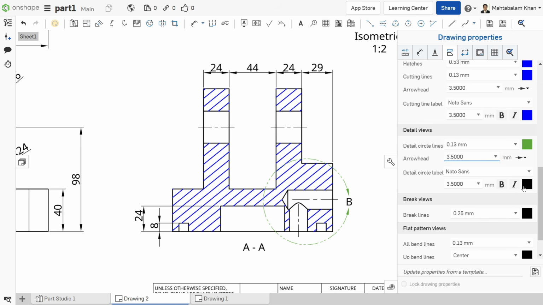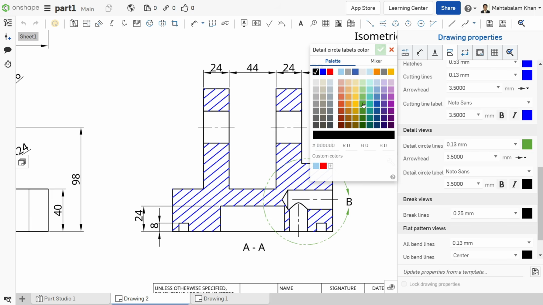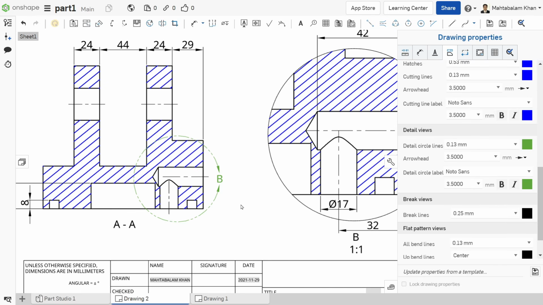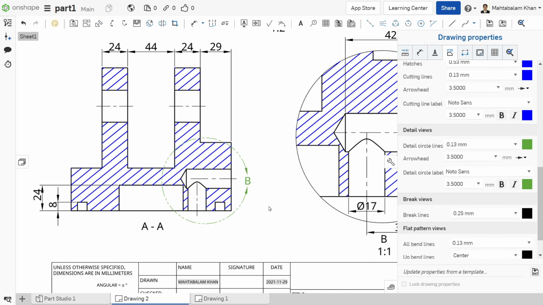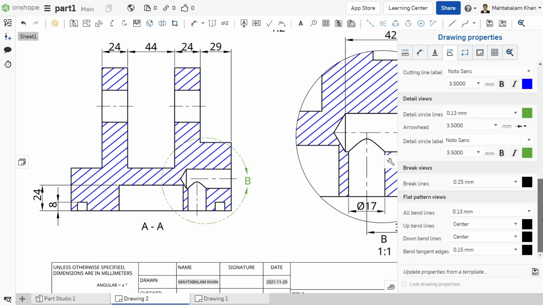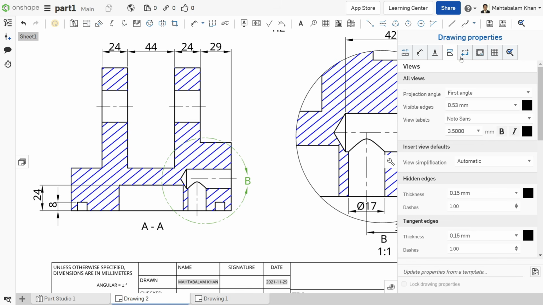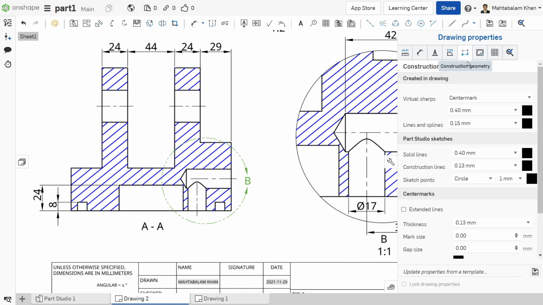Then the label also you can change, green, so this becomes green. Let's see, break line, flat pattern. Now come to here, construction geometry.